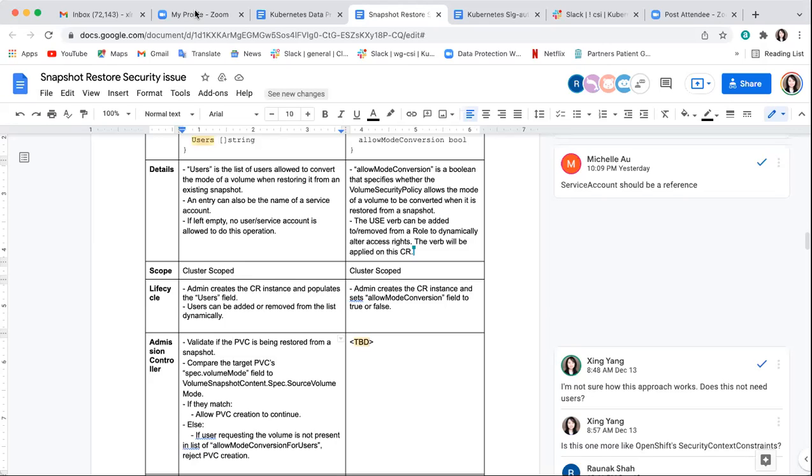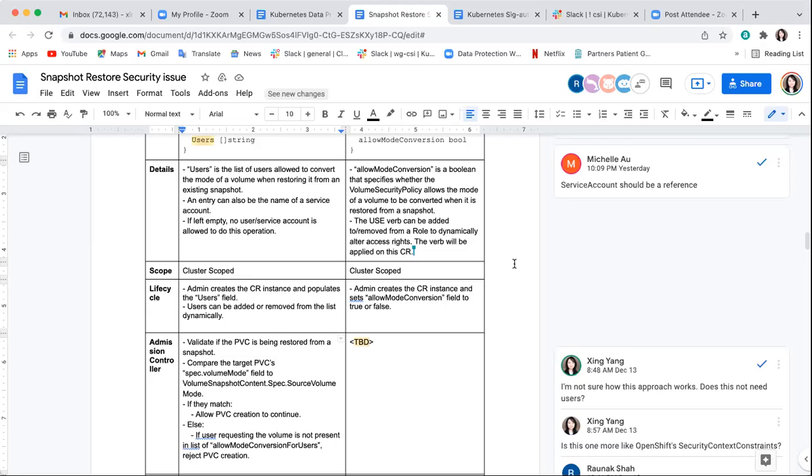So in that case, the backup software could change the volume mode directly in the snapshot content, if we allow that in the API. But that is what they actually do when they are doing backup. So if we can trust the volume backup software, yeah, I would need to think about it, but maybe it's okay.